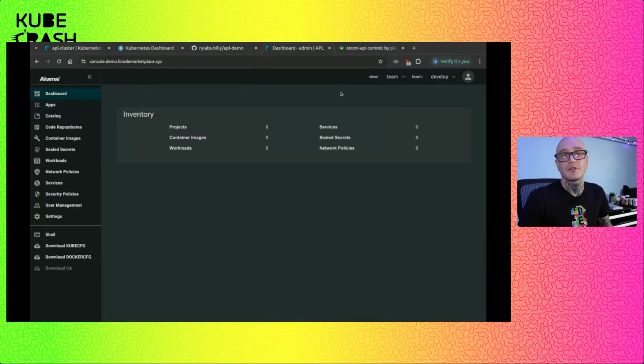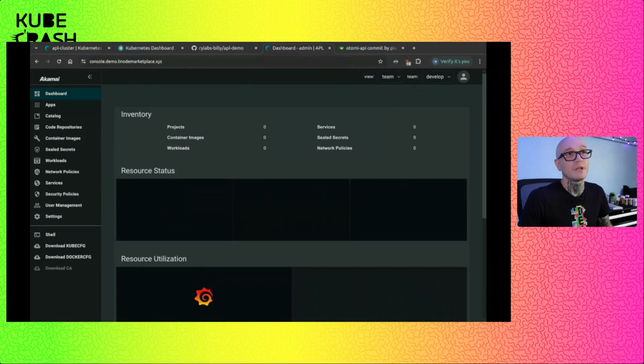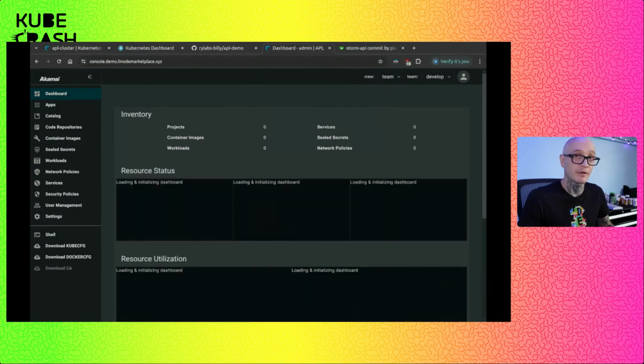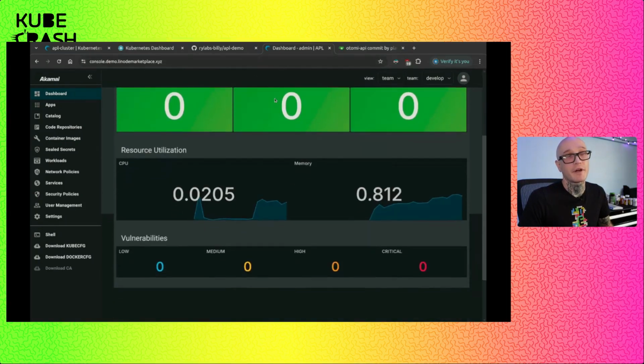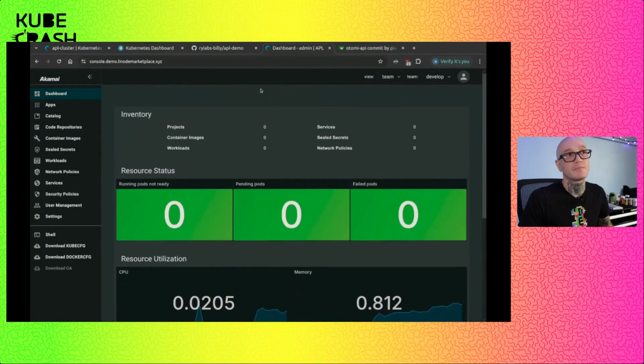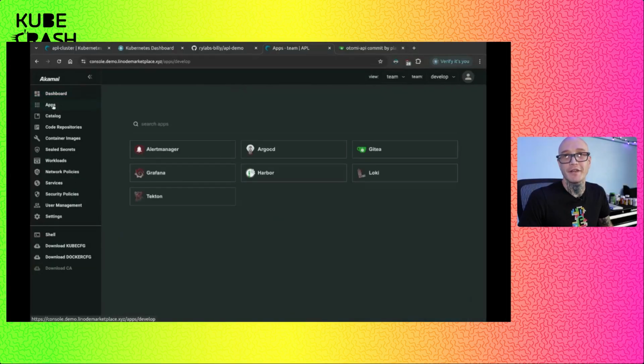So the next thing I want to show you is this Teams view. If I were to log in as a member of that develop team, this is what I would see. And you can see there's already Grafana dashboards just for this team, just for their own stuff. And there's also, if we want to look at the apps, a separate set of default apps just assigned for this team that we can also configure via that values YAML file or through the UI, through the admin, once this is set up.